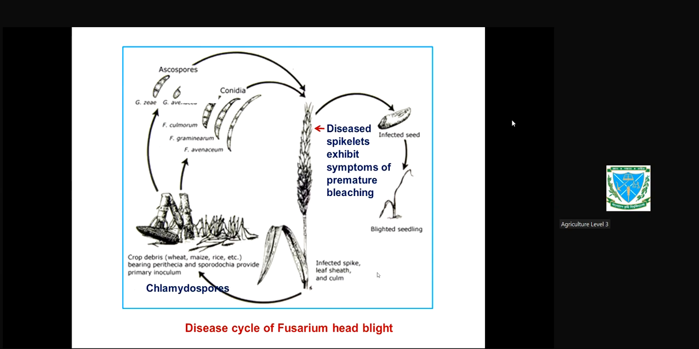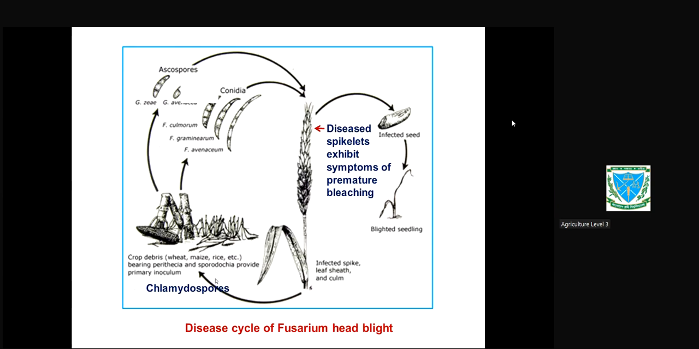So you see how this pathogen Fusarium can complete its life cycle. You see this pathogen can produce chlamydospore. This pathogen produce chlamydospore. You see the chlamydospores. This can produce on the wheat, maize and rice, etc. তারা এগুলি প্রডিউস করে অথবা পেরিথেসিয়া আকারে থাকে।